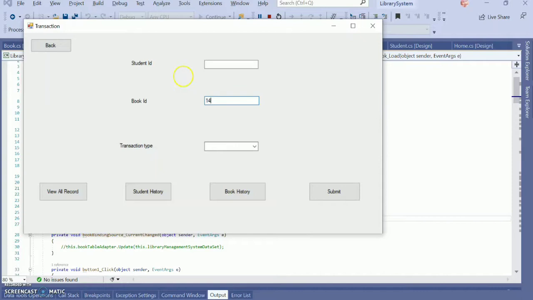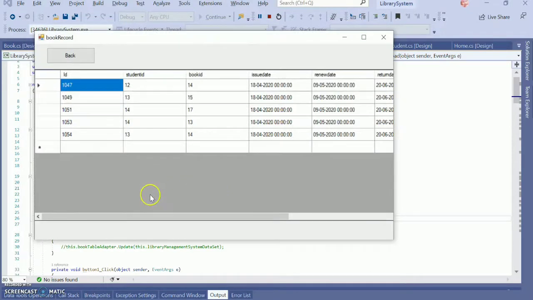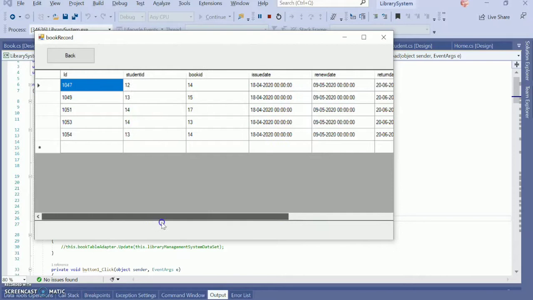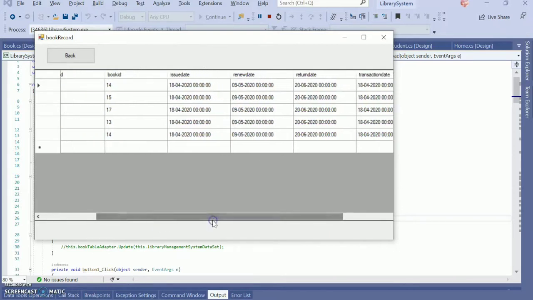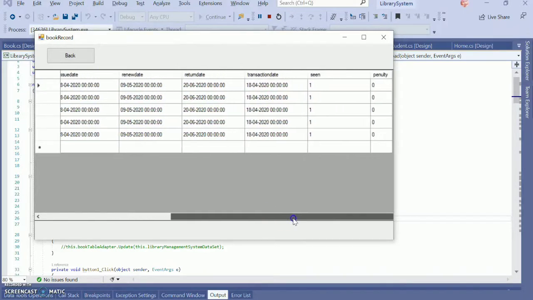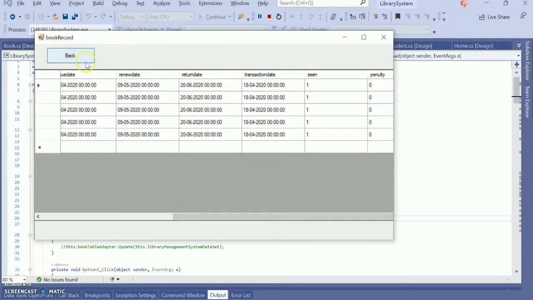And let's check the history for book ID 14. The book ID 14 history shows the last entry that student ID 13 issued that book on 18th April. The next renew date for that book is 9th May, and no penalty has been applied for that particular book.